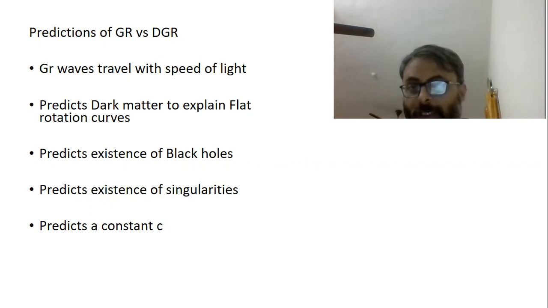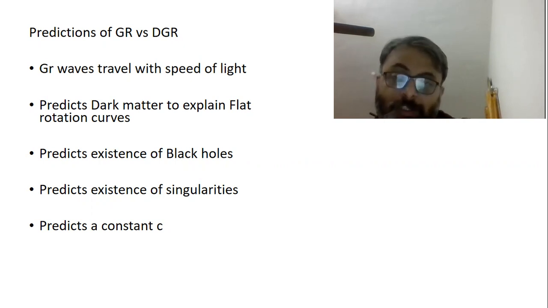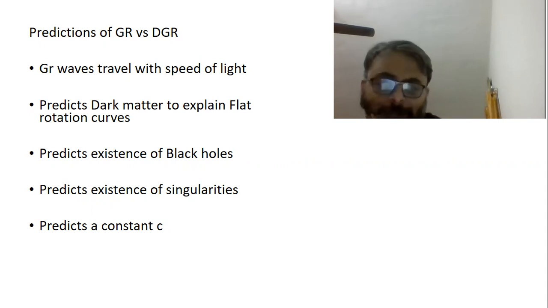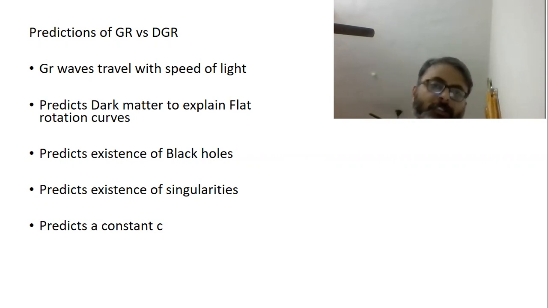General relativity predicts that c, the speed of light, is constant, which is where DGR absolutely disagrees. DGR says that the speed of light is variable because of active spatial contraction. This active spatial contraction is where DGR is different from general relativity. General relativity says there is just a change in the shape or geodesic, but it's not an active spatial contraction related change in the shape of the geodesic.